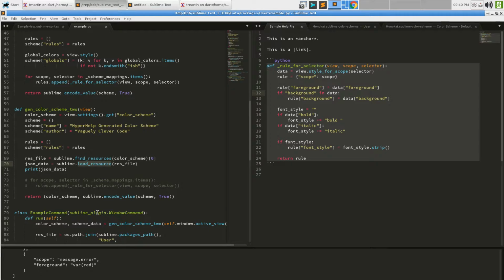The reason you want to use load_resource is because this works whether the file is inside a Sublime package file or not. Generally speaking, if you're going to write a package and ship it on Package Control, unless you are packing something that needs to be a file exposed to something outside of Sublime, you're going to leave your package installed as a sublime-package file and not have Package Control extract it. And if that's the case, you want to use load_resource to be able to load the data.